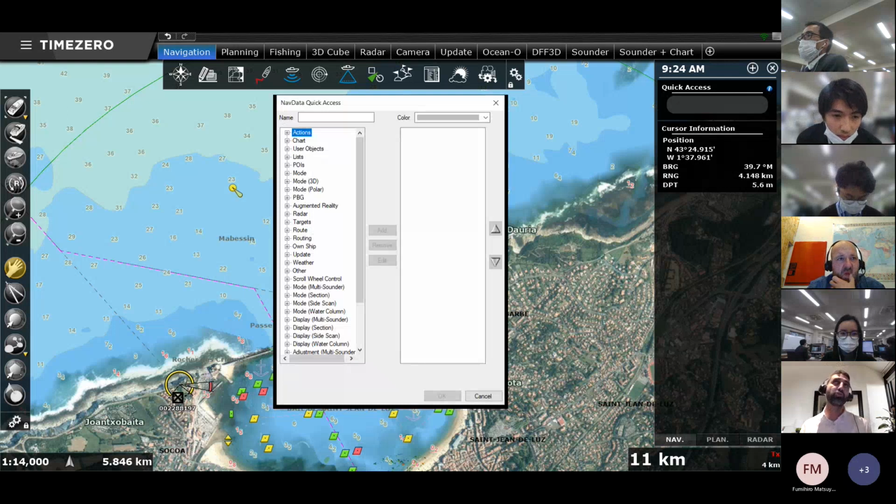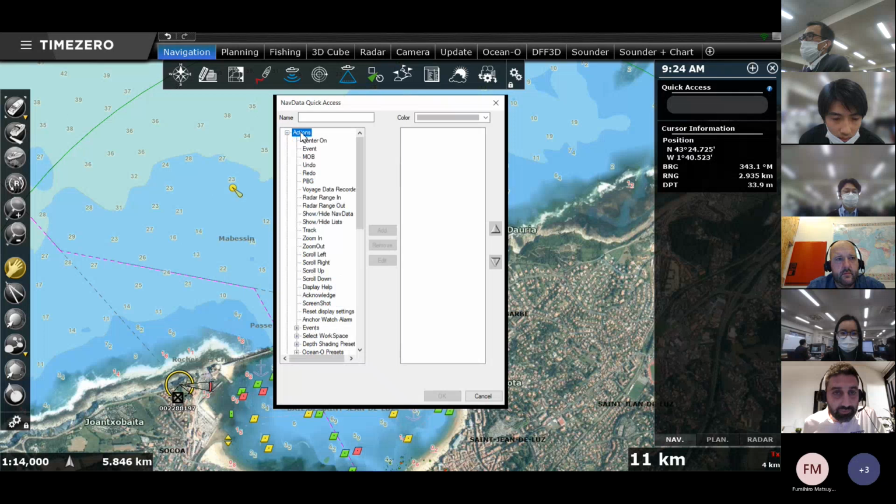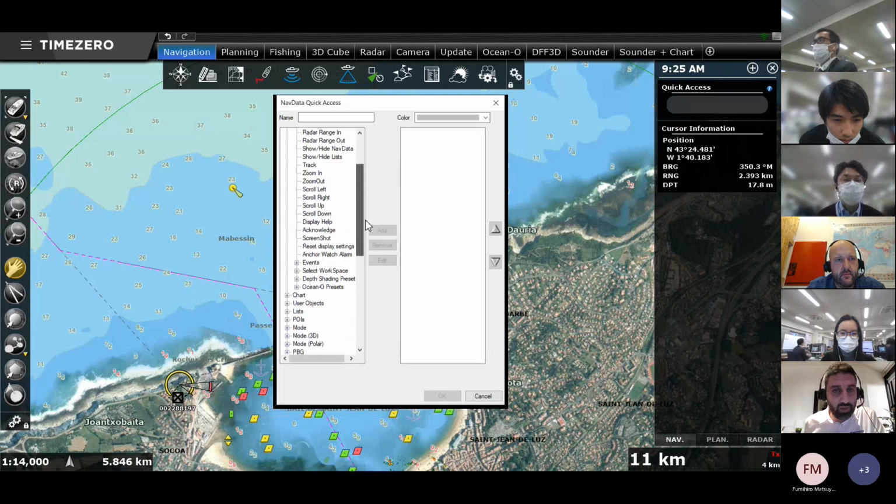And here, to show you some use cases for fishermen, maybe when I start a fishing trip or when I put out the net, I want to put the track on my vessel to see exactly where I've been fishing. And maybe I want to create an event automatically. And I can link any action. So I have a list of a lot of actions available here on my button.